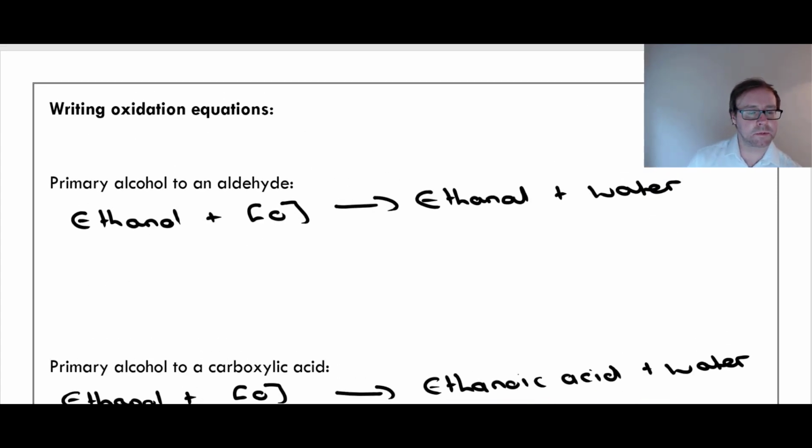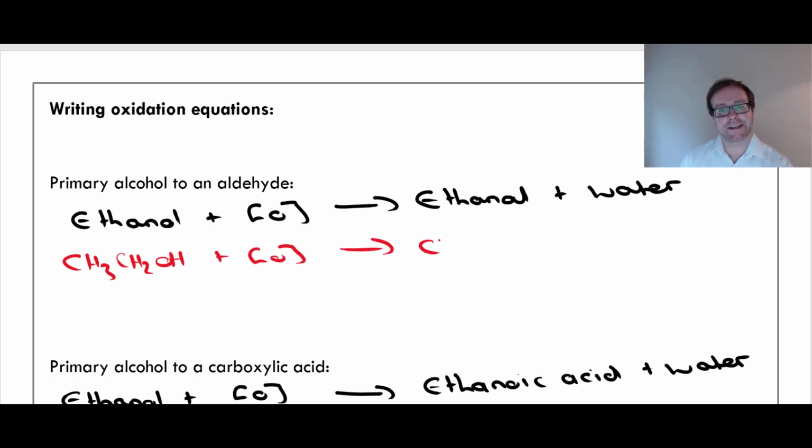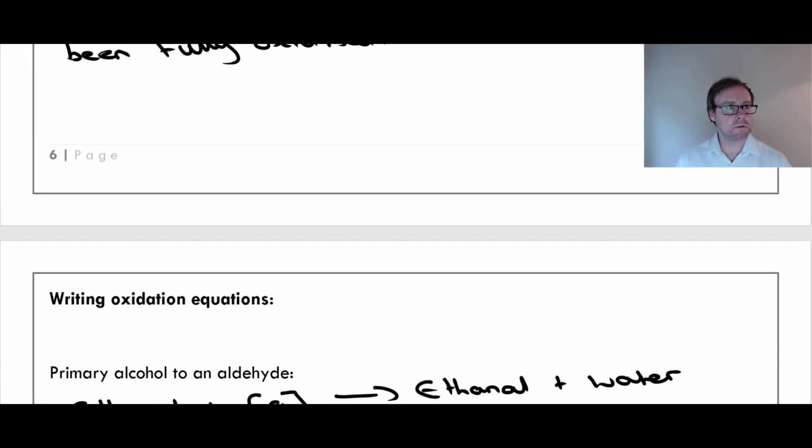So ethanol, CH3CH2OH, plus oxygen from my oxidizing mixture goes to ethanal, CH3CHO, plus water. Got to make sure that the hydrogens and the oxygens balance. So we have 6 hydrogens this side, 6 hydrogens this side, and 2 oxygens, 2 oxygens. So it is balanced. If we go down,